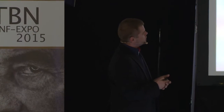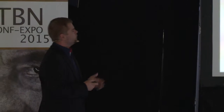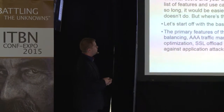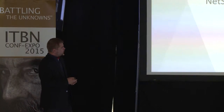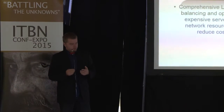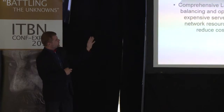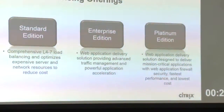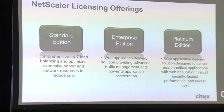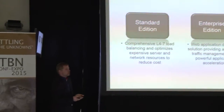So the core functionality of these devices is to be in the DMZ network or in the internal zone, and depending on the need, you might combine also the security features, or you might use it as a completely standalone or a pure web application firewall device. From the deployment options, it has pretty straightforward licensing: standard, enterprise, platinum, or a standalone web application firewall, which is part of the platinum edition. And depending on the version, you can have the unlocked features that provide the security. So from enterprise above, we have already DOS protection, and in platinum on top of it we have WAF. And when we speak about WAF, we mean not DOS, we mean protection against attacks like SQL injection, cross-site scripting,